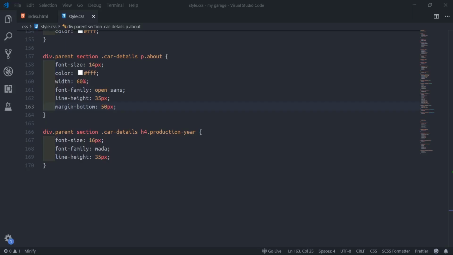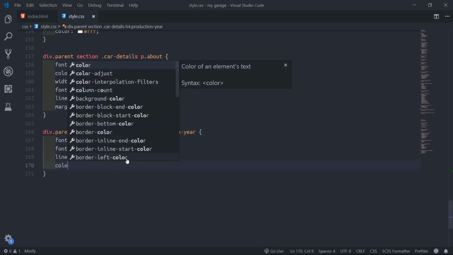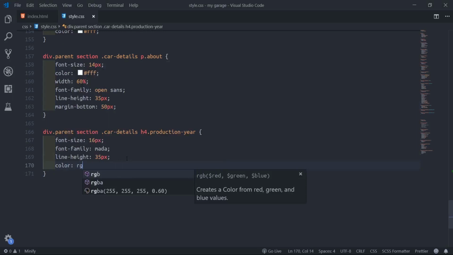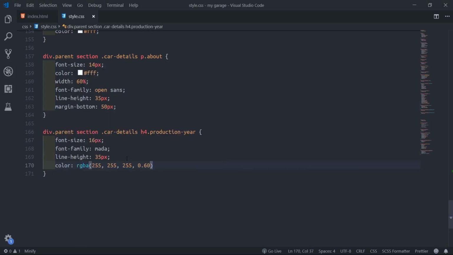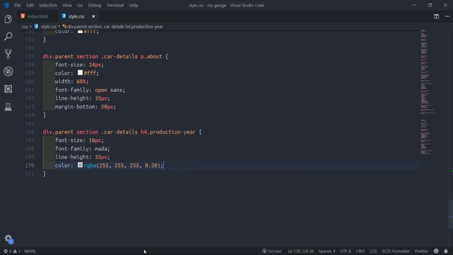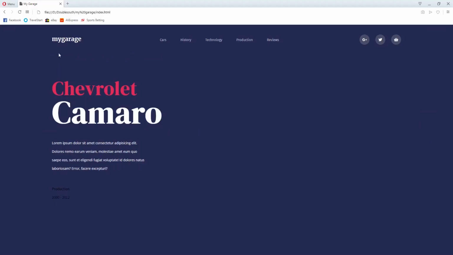So then I'll come here, I'll set the color with RGBA. Now we can rely on the text editor also, not to give person stress. Why don't we make it maybe 50? So it will be like 50% now. So let's see. Okay. So we'll not get this color.